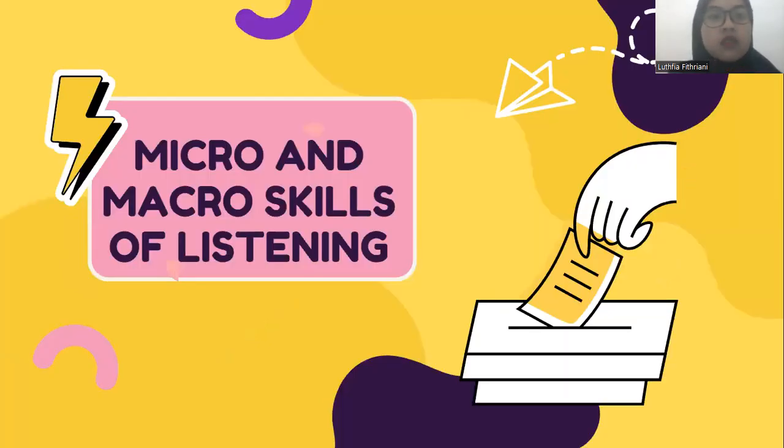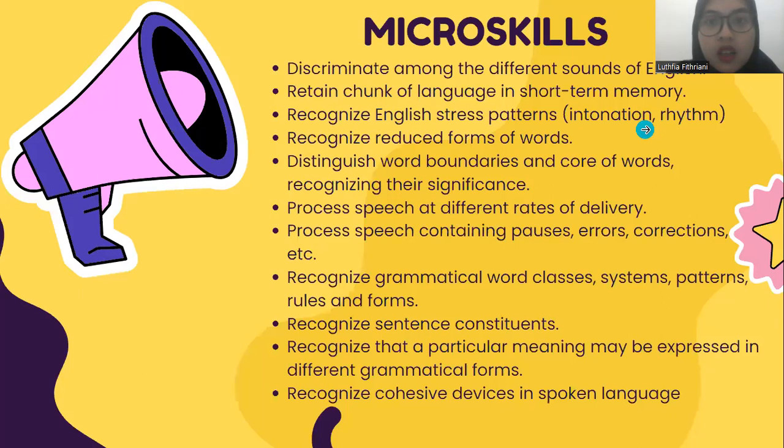Next, the topic that we are going to learn is micro and macro skills of listening. Let's start with the micro skills of listening. Micro skills of listening include discriminating among the different sounds of English, retaining chunks of language in short-term memory, recognizing English stress patterns, for example, intonation, rhythm, and etc., recognizing reduced forms of words, distinguishing word boundaries and the core of words, recognizing their significance, processing speech at different rates of delivery, processing speech containing pauses, errors, corrections, and etc.,